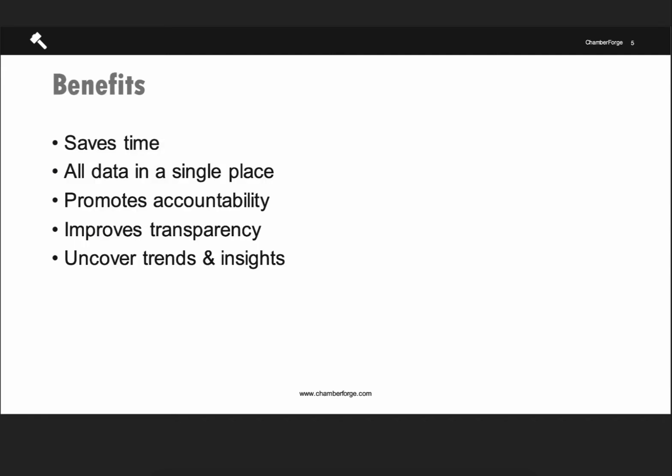So the benefits of using ChamberForge, the number one benefit that we repeatedly hear back from our users is that it saves time. Before they started using ChamberForge, they use spreadsheets or Google Docs to track all the referrals and statuses, and they would spend like hours and hours a month because there'll be just one person who has to keep track of everything. With ChamberForge,